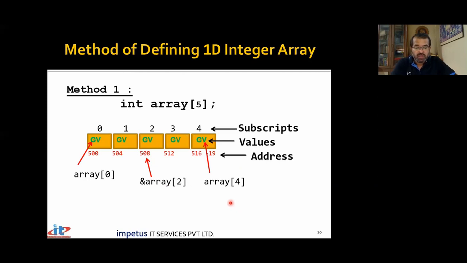So let's talk about how you handle integer arrays. Now what is true for integer arrays is true for all other arrays also. So I'm just going to discuss integer arrays. The same will be the case for character arrays. I'll take an example of a character array separately, but the same will be the case for any other type of array. So if I say int array[5], I'm saying it's a group of 5 variables. The entire group is given the name array. It's a group of 5 variables of what type? Int type. So array is a group of 5 variables of type integer.